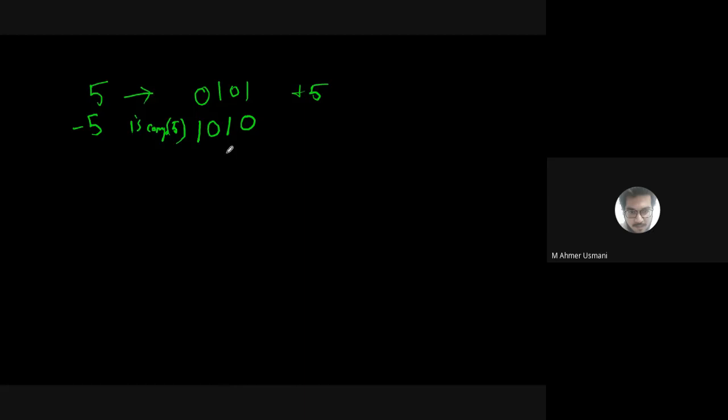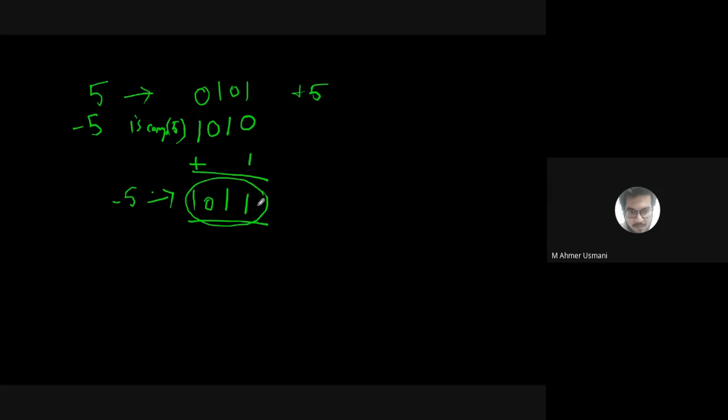We haven't got the 2's complement yet. In order to have the 2's complement, what you need to do? Add 1 to it. So now 0 plus 1 is 1, 1 will come down, 0 will come down, 1 will come down. So what you get is -5. Are you guys getting it? But just by looking at this, can you say it is -5? No, you cannot say it just by looking. There is a rule for that.